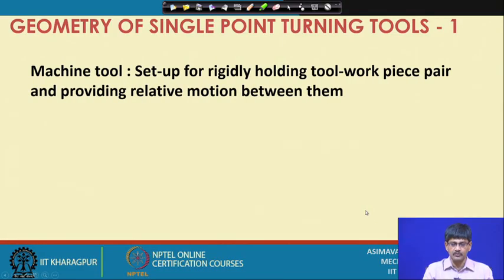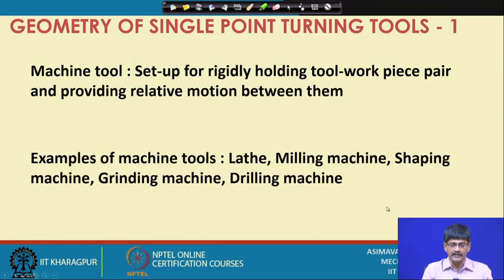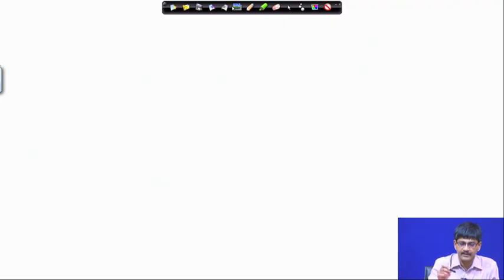So, the machine tool holds the tool-workpiece pair rigidly and provides relative motion between them. The tool that we saw just now is held on the machine tool. Examples of machine tools are lathe, milling machine, shaping machine, grinding machine, drilling machine. Let us have a quick look at some of these machines. For that, let us select the whiteboard. On the lathe,